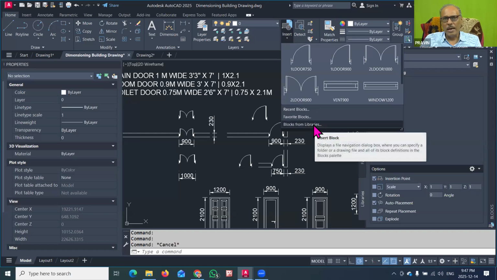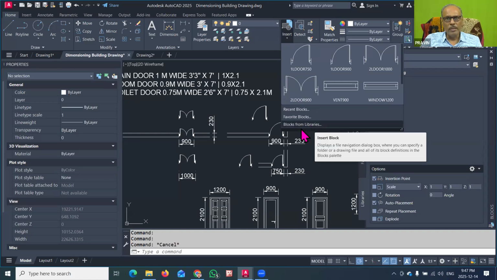This is the important task all of you have to note down, and I hope that you will create your own symbols. In the next lecture, for those who need to know which types of symbols I should create, there is a list of symbols that we must create for a building drawing.